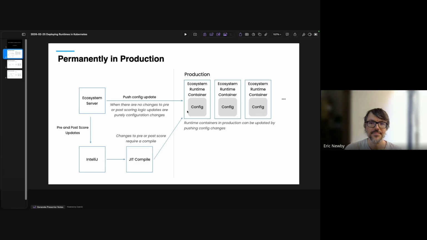There is a variation on that if you are using custom pre and post scoring logic, or custom rewards functions. So if the changes you want to make to the runtime behavior fall beyond the scope of what is configurable by default, you have the functionality available to write custom code that either runs before or after your model scoring, so pre and post scoring logic,